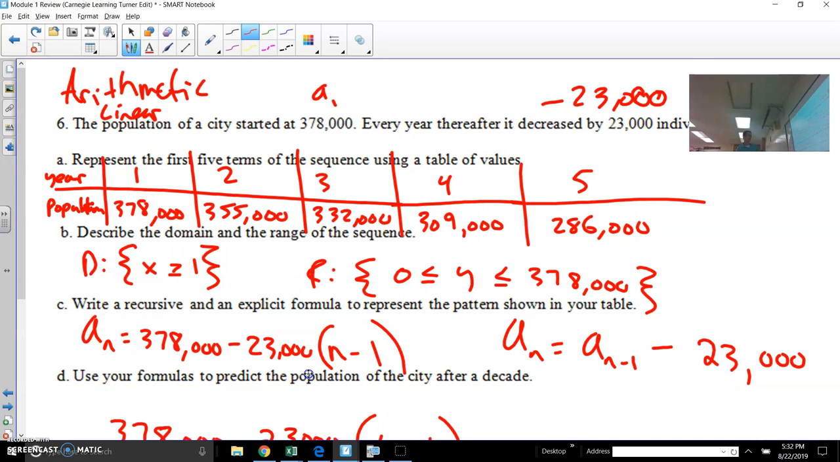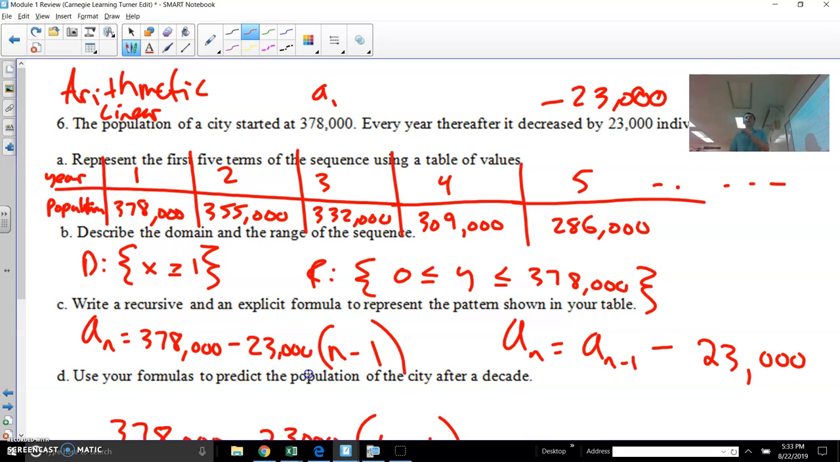So it is subtracting over and over and over. I started with my table saying in the first year it was 378,000. And then I just subtracted 23,000 to move forward. So thinking about the domain represents years, and this is just going to keep on moving further and further, greater than 1. So that's why I said all of my x values are the years, and they represent 1 or